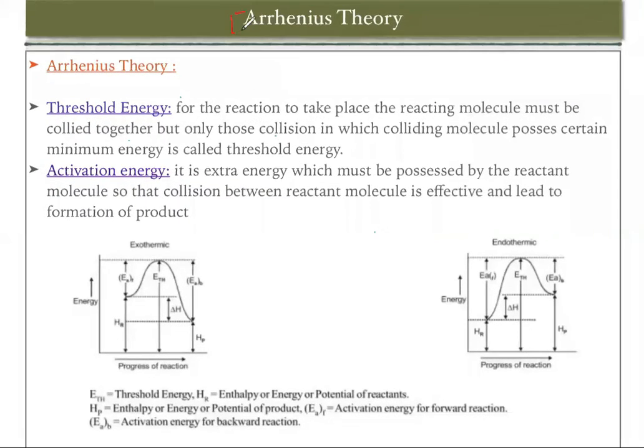Now let us discuss Arrhenius theory. So basically, what is Arrhenius theory? The theory tells about the relationship between rate constant and temperature. In the later part, we are going to derive the relation between rate constant and temperature. Okay. So now, some basic concepts about the Arrhenius theory that we must learn so as to be clear about the chemical reaction.